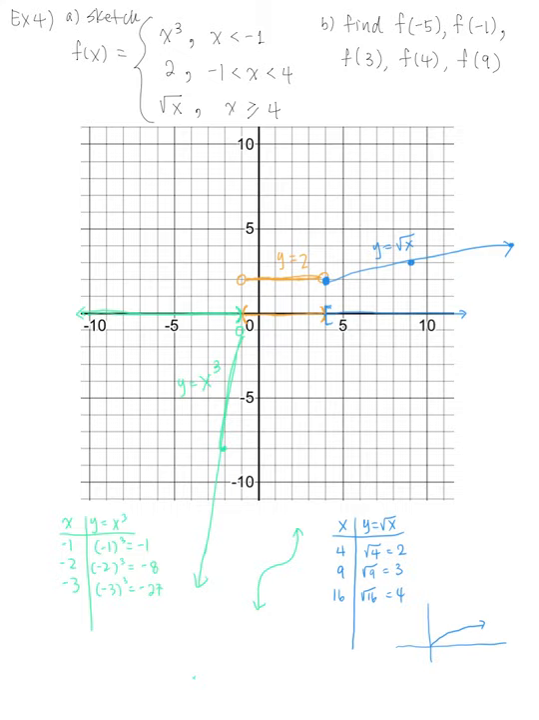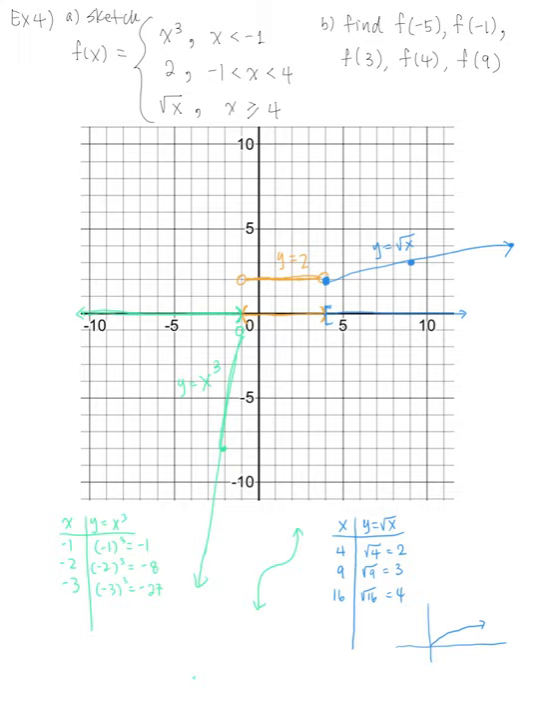Okay, so that was part A. The whole entire graph is our f of x. Now let's go with part B. Find f of -5, f of -1, f of 3, f of 4, and f of 9. So let's first go with f of